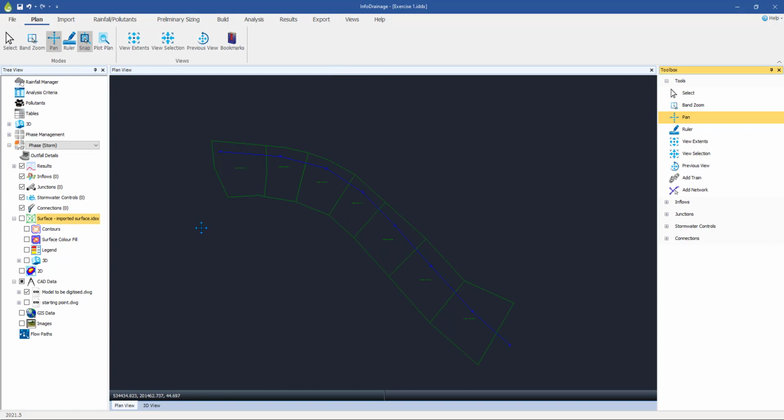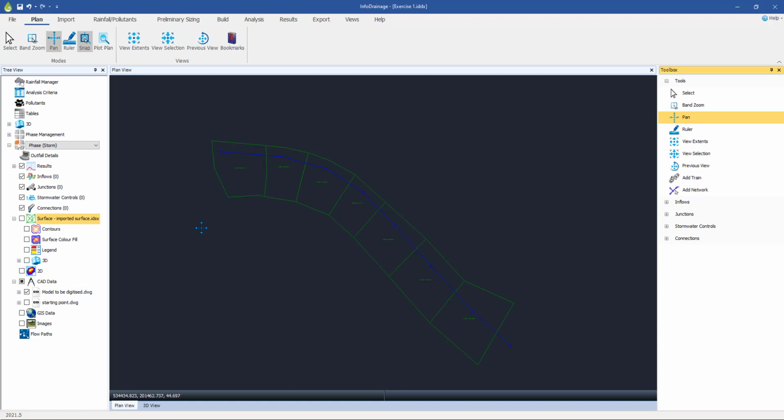Now in this section, we are going to be looking at the topic of model build. So we are building our urban drainage system. And I think as you start along this process of learning how to build urban drainage models, it's important to keep in the front of your mind what we're trying to achieve here. Basically, we're looking at what exists in reality, or what we hope will exist in reality once we've built it, and we're trying to produce a representation of that in a computer model. So there are assumptions that we're going to have to make, there are estimations that we're going to have to make, but at the front of our mind, we're trying to produce the best replication of reality that we can